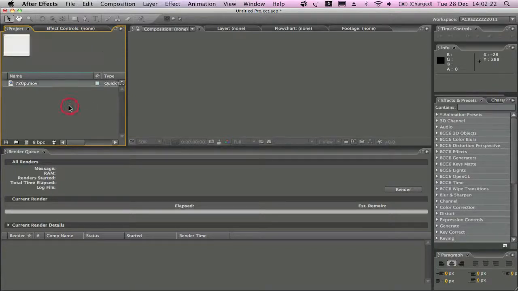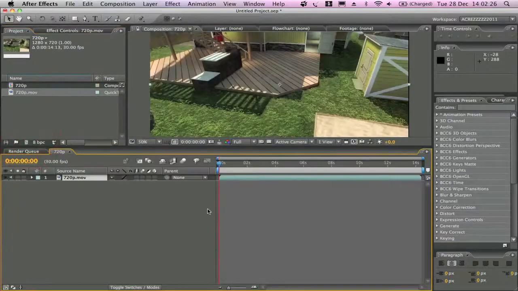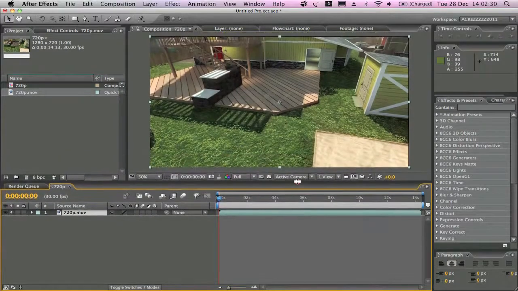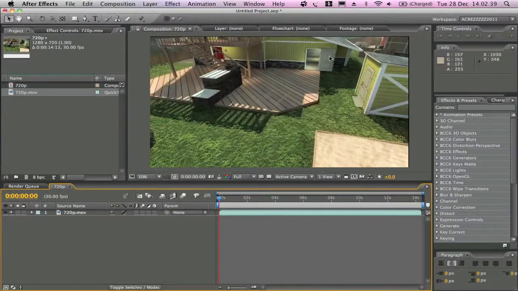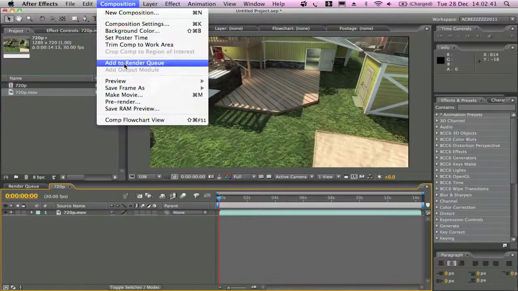messed up. And all you want to do is drag this down to the Make New Comp button, and it will make a new composition, with the exact same frame rate and size, all ready to render out. Now we don't actually have to do anything to this clip. We're going to go to Composition, Add to Render Queue,